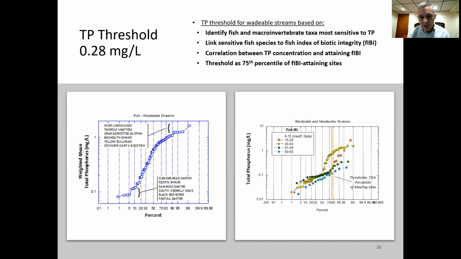And the latest iteration of that model did in fact establish a relationship between phosphorus and aquatic life. This model is based off summer conditions. It uses paired data, that is water chemistry data and fish and insect IBIs, and it runs a number of statistical methodologies to look at the relationships between those, including